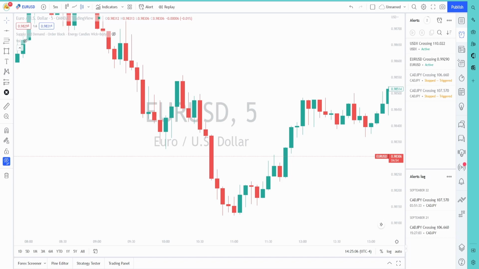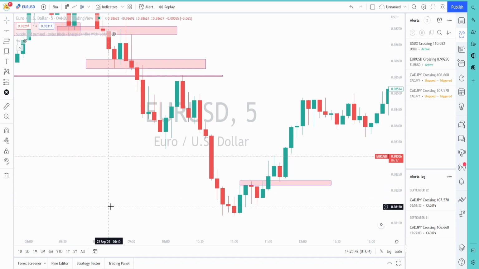Now, when you're looking at this, we already know we mark things off where we expect price to change direction. We often do this on a higher time frame, and we look for an entry pattern on a lower time frame. Now with this one, we're looking at the 5-minute. We're also going to talk about a higher time frame, but we'll get to that. Now on the Euro USD 5-minute here,